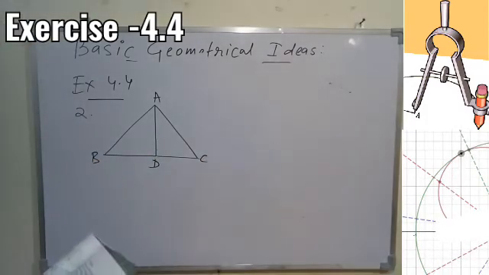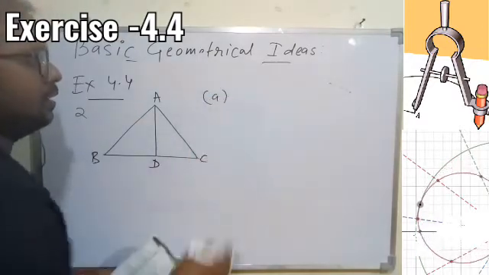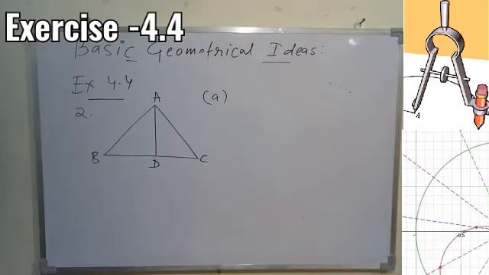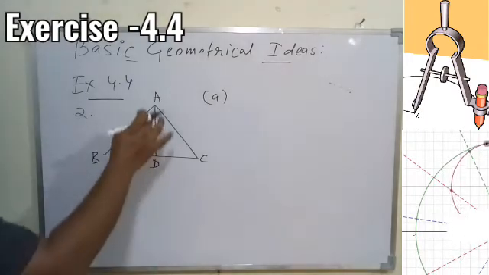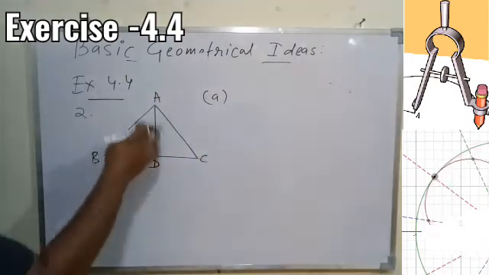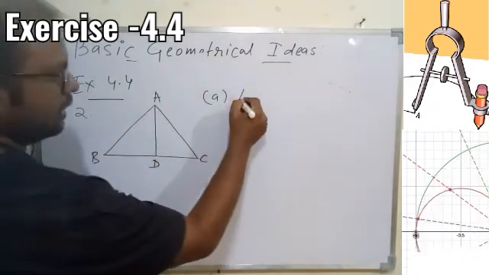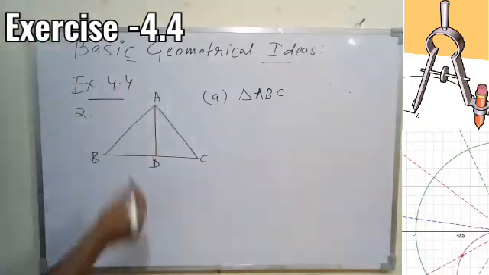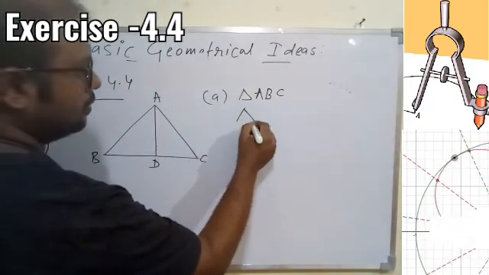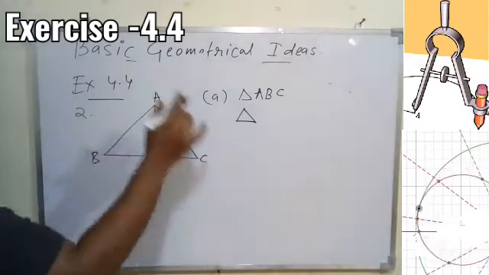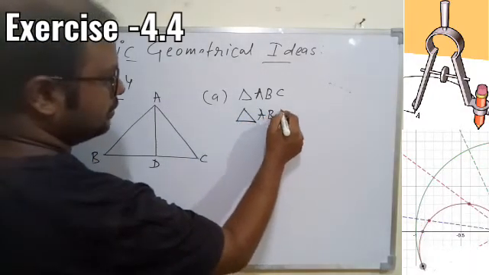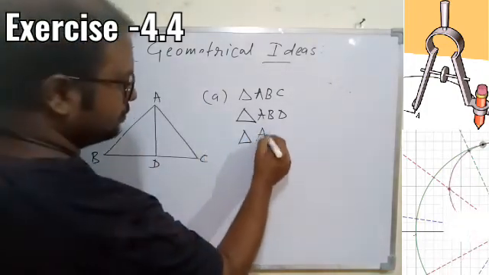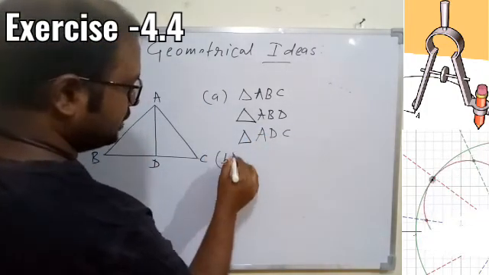This is given to you, and the very first question is, I'm reading the question, identify 3 triangles in the figure. So I hope you can find 3 triangles. So ADC, ABD and ABC. So 3 triangles we understood. Very first we can write down ABC only. ABC is the bigger triangle. Then ABD, you see another triangle, and the third triangle you see is ADC also. That is done, a part.